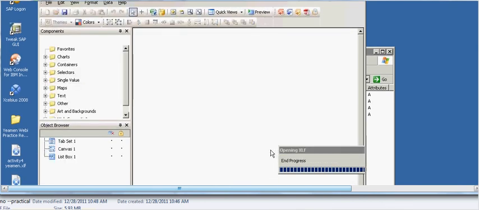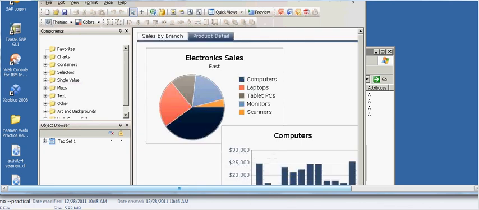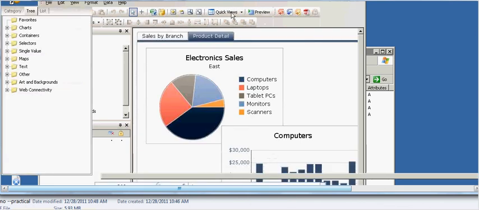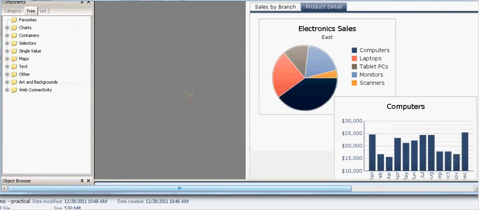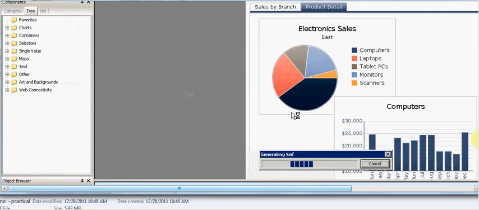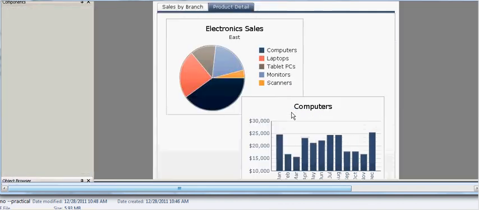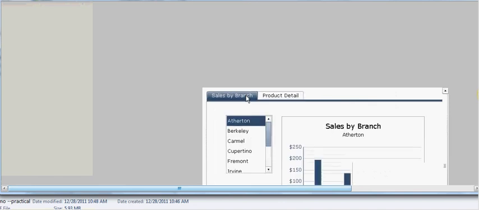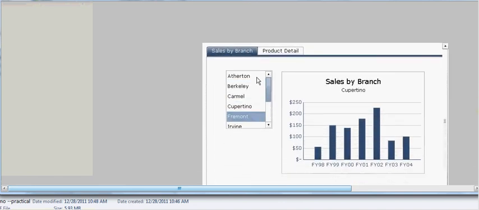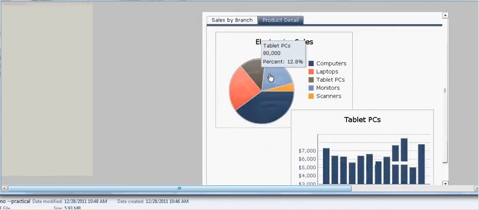See the output. It visualizes the data for easy understanding and easy action. So we can do analysis. So this is the dashboard.